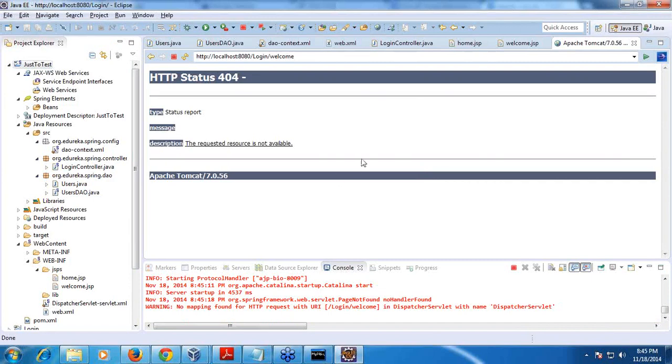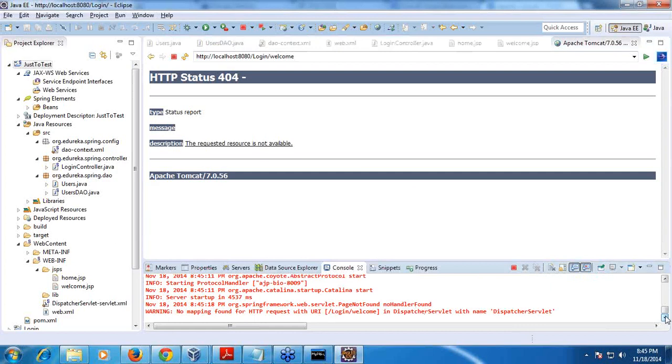okay, again some mistake I have done. Did anyone notice any mistake? Dispatcher servlet handler page not found.